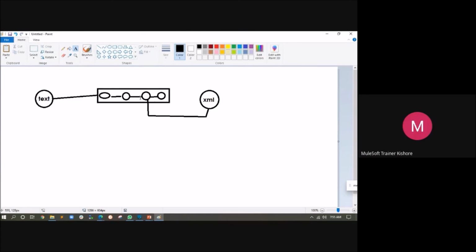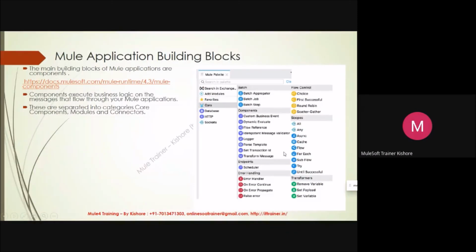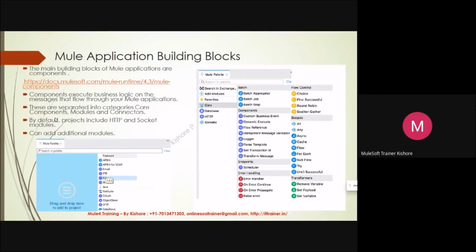To provide this solution, you will use these event processors, or these components, to build your logic. These components are separated into categories: core components, modules, and connectors. We'll see what a module and a connector are. By default, every project includes HTTP and socket modules. And if you want, you can add additional modules. So you can add like this. With this help, you can add your additional